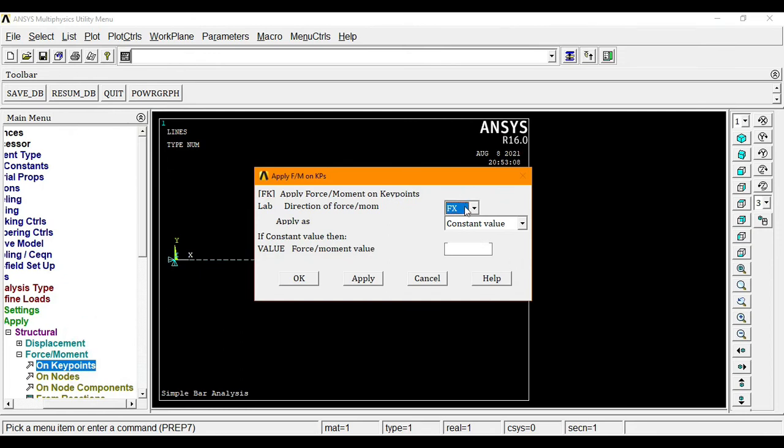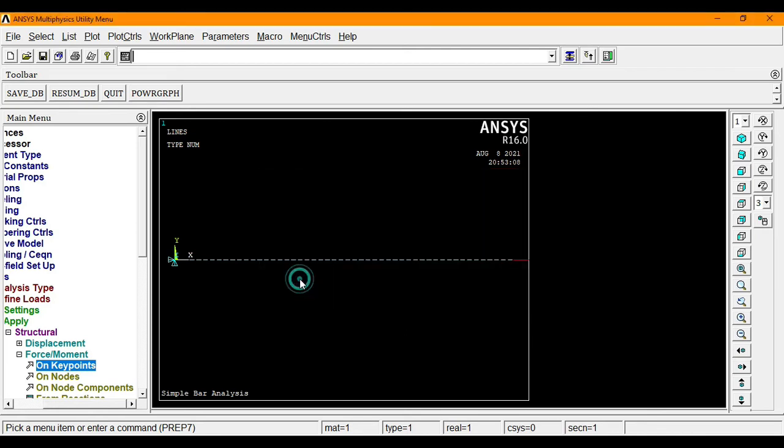OK. And since it is acting in the x direction, in this drop down select FX, and since the load has a constant value, select constant value and enter the value of 1000 newtons. For a compressive load, you can indicate the load by using a negative sign. OK. So fit by selecting this option of zoom out.